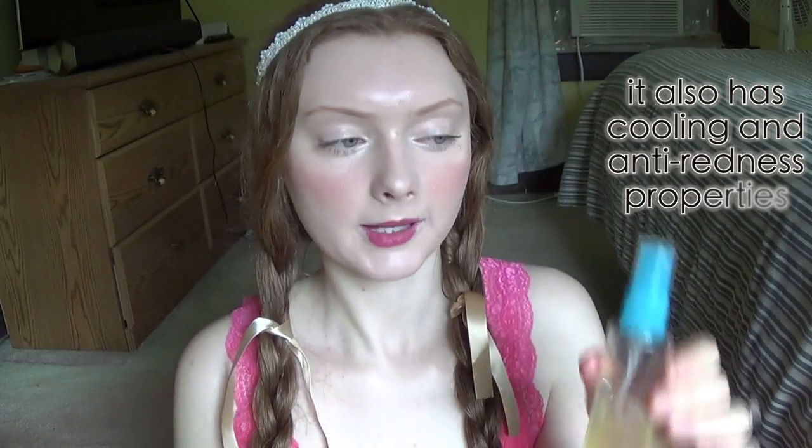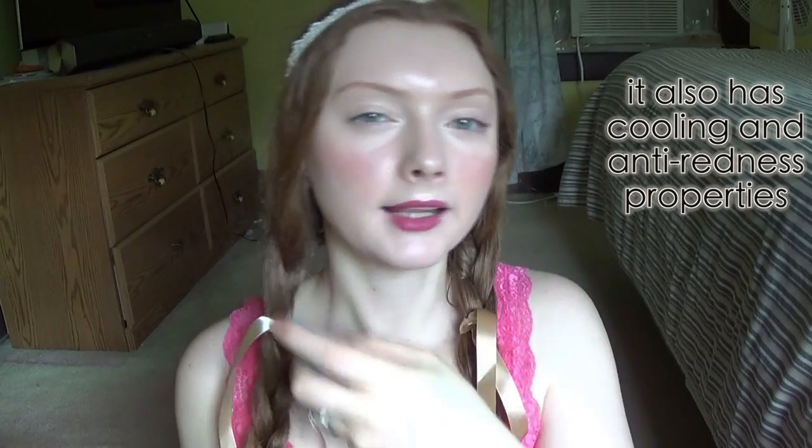This is also great for my skin, just to spray a little bit on my face and then gently pat it into my skin. I do plan on doing a DIY for this, and this is amazing for my skin. I would highly recommend this facial toner if you are acne prone, especially in the summer, and if you have sensitive skin like I do. This helps my skin without making it red or irritated, so this is like my best friend toner. I sometimes use this in the summer, especially on humid days when I really want to help my skin stay